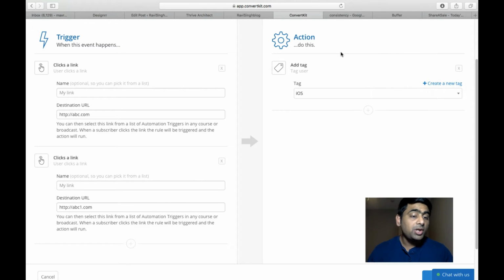So these types of complex automation can be easily achieved with ConvertKit, and that's what ConvertKit is about. With ConvertKit, you cannot even imagine what types of situations we can create and achieve for those email related things. For example, now here is the second situation which I wanted to discuss. I'm sending a